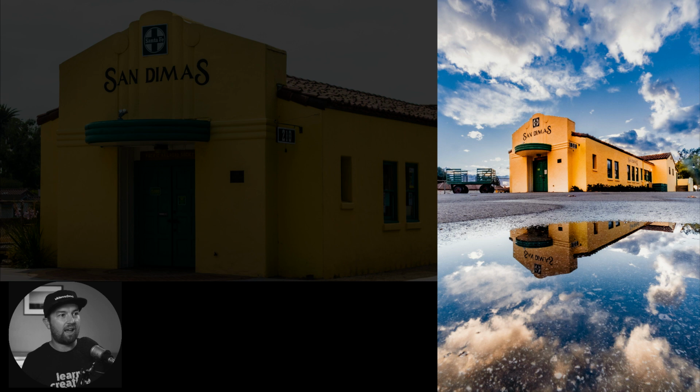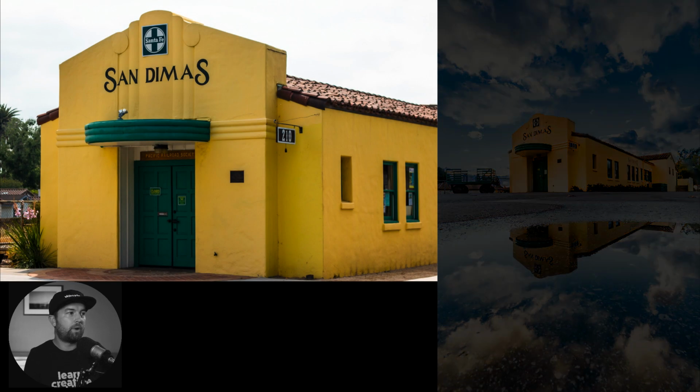So the sky, which I brightened up and made a little more saturated, this is an artistic edit, I would say. It has that blue in the sky. It's got those clouds in the sky that make it so much more dynamic. And that alone would have made this photo better, in my opinion, compared to the older one, which is just